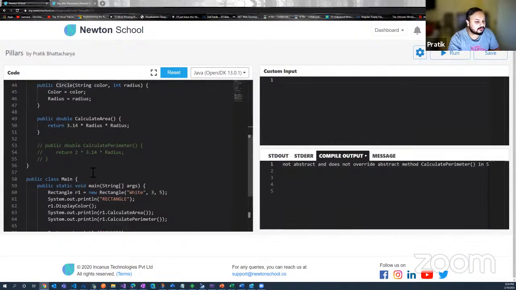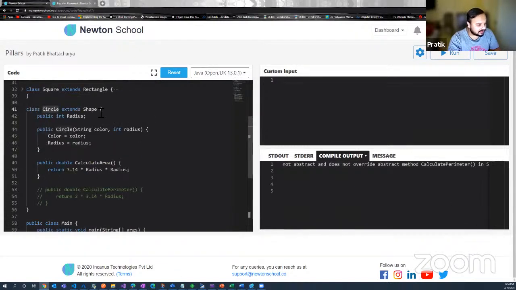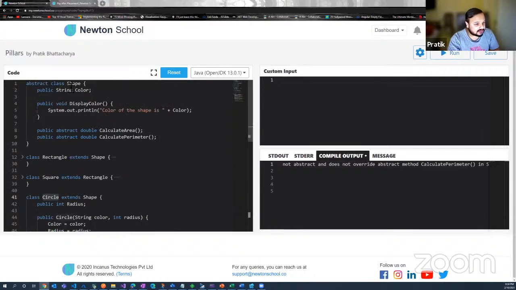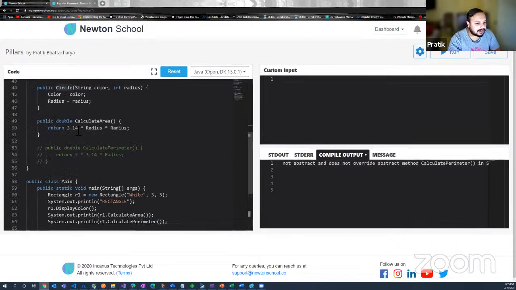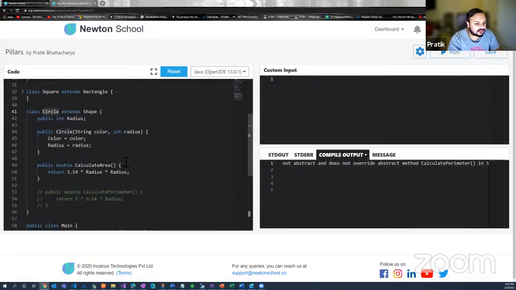So what it means is that circle is not an abstract class. It is inheriting from an abstract class called shape, and the shape abstract class dictates that you must have a calculate perimeter and a calculate area, because every shape must have an area and a perimeter. But the circle class is violating that rule. Circle class is saying I am a shape, but I have only area. I don't have a perimeter, which is incorrect, because every shape must have an area and a perimeter. So if I uncomment this, and now if I run this,